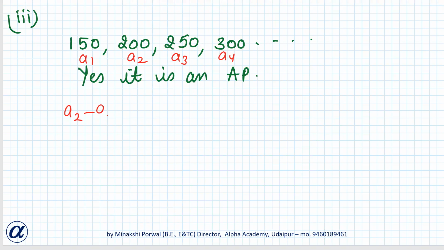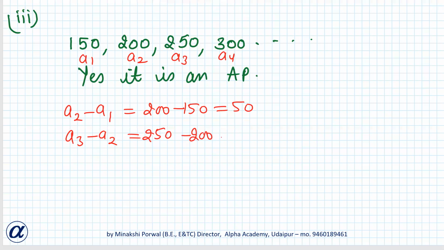A2 minus A1 equals 200 minus 150, that is equal to 50. A3 minus A2 equals 250 minus 200, that is also equal to 50. And A4 minus A3 is 300 minus 250, that is also 50. Okay, so it is an AP. Okay. Then fourth part,